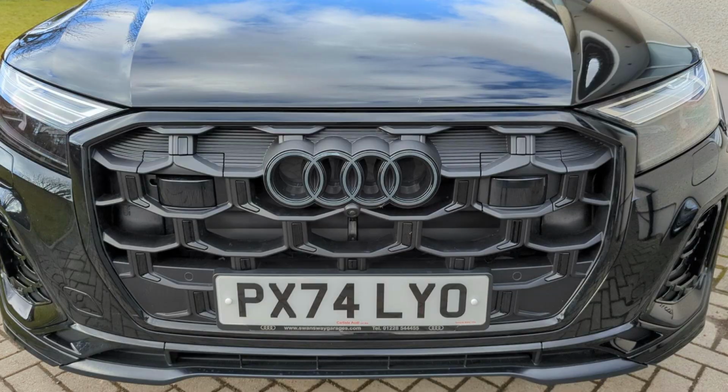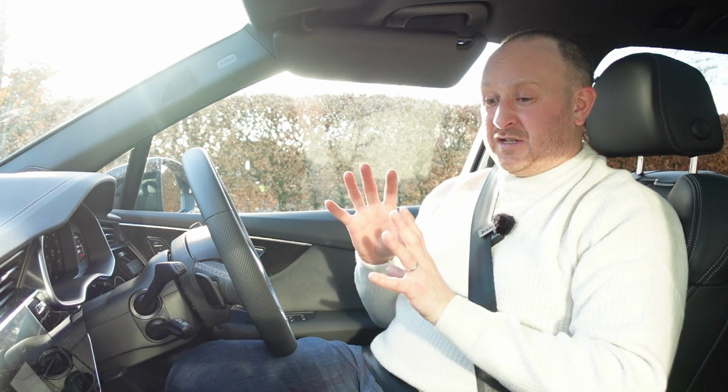And I think the styling's got better as well. And obviously there's a few more apps and stuff as well. So all that is good. As far as infotainments go, it's still a good one. You know, it's not a bad infotainment system. I just